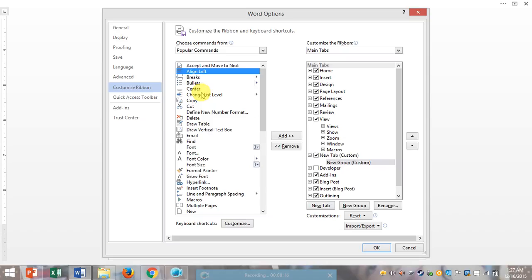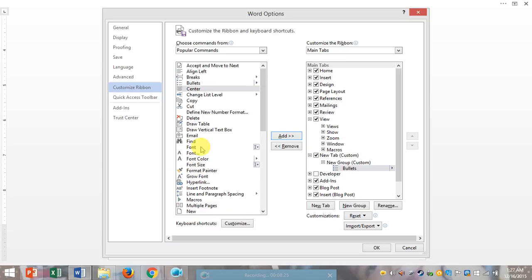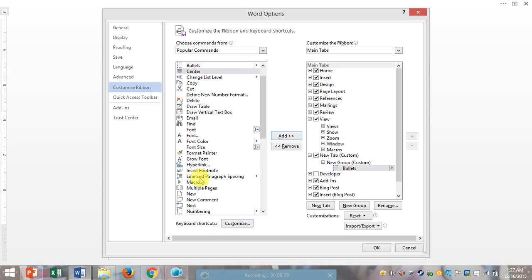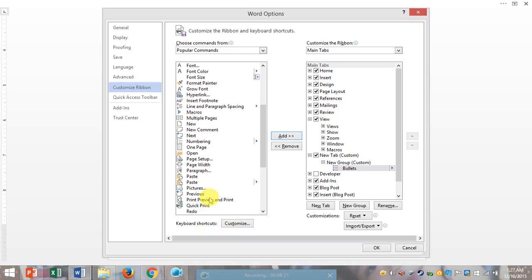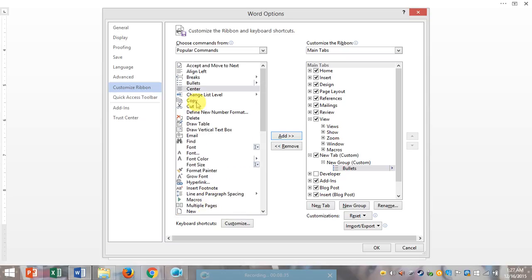I'm going to pick bullets, then line left, breaks, then add, center, add. When you're done adding commands, click OK. The commands will be added to the ribbon. So I'm going to press this OK.